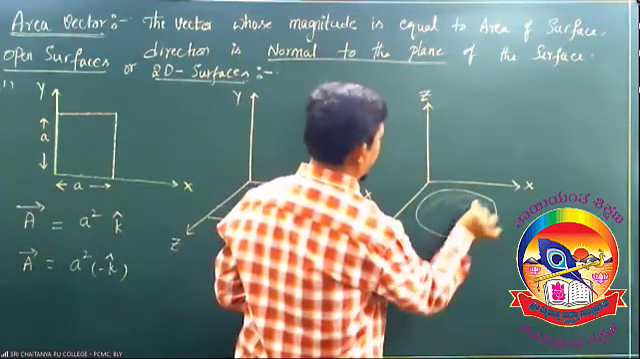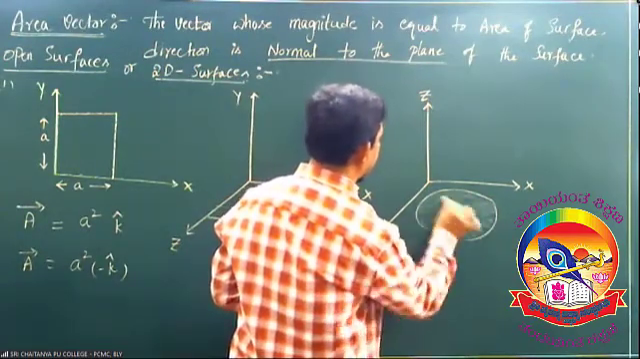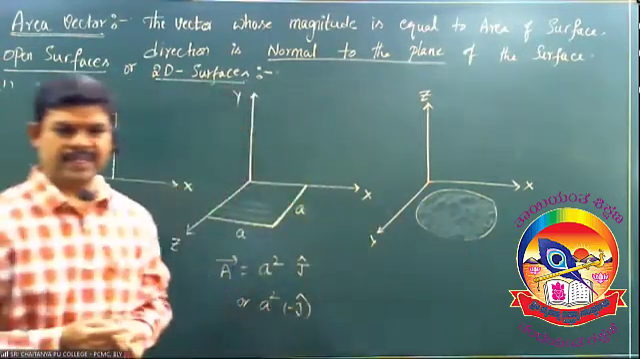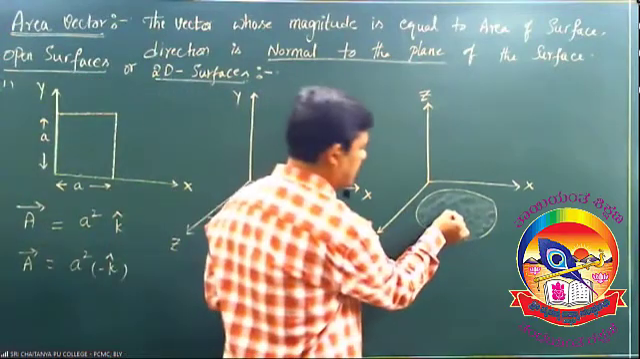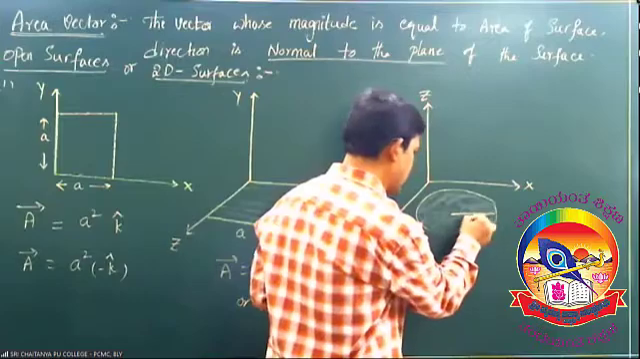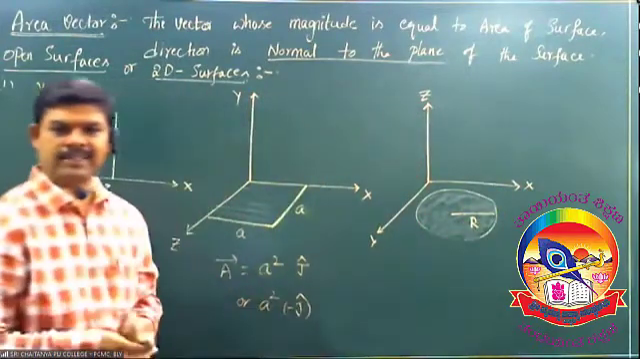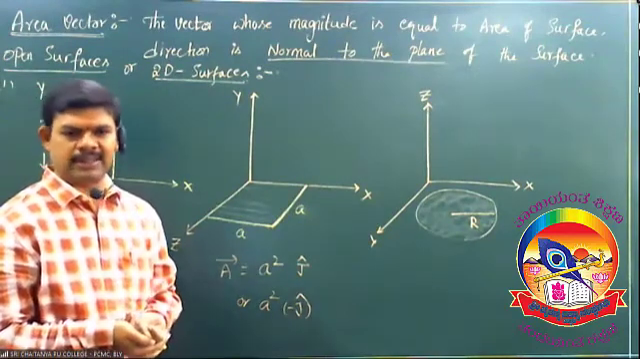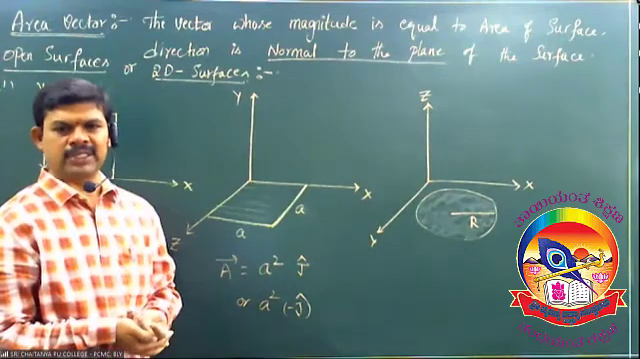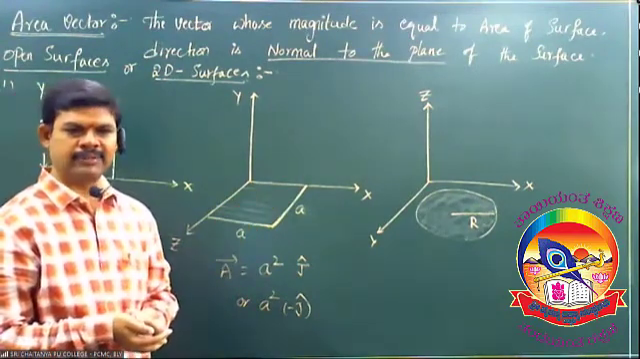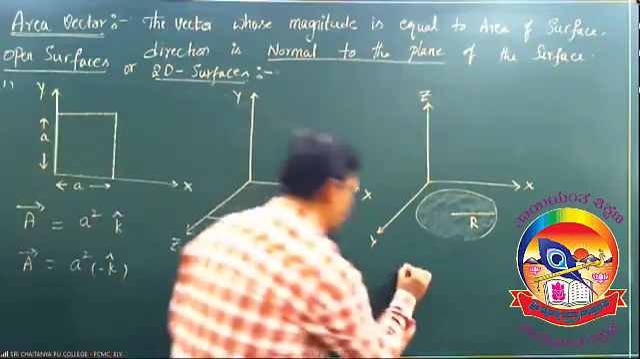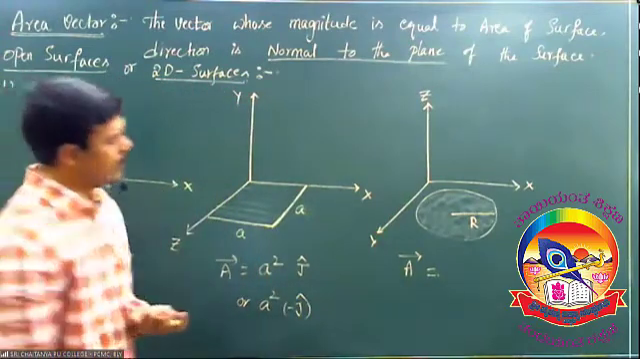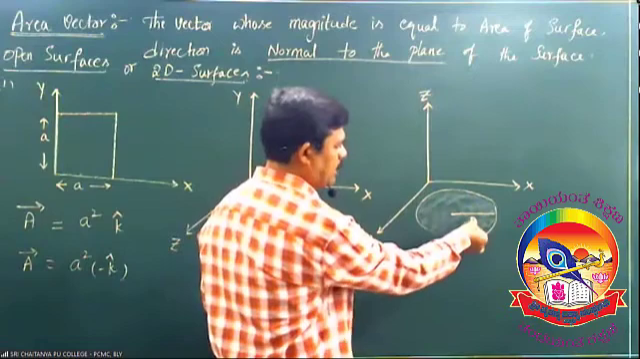Another example. This is a circular disc whose radius is R. What is the area vector of that circular disc? This is the question. Come on, area vector A bar. The area of this disc, a circular disc whose radius is R,